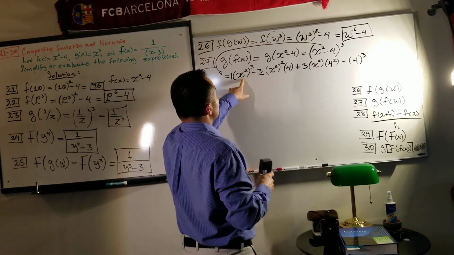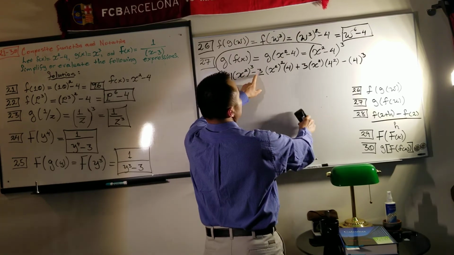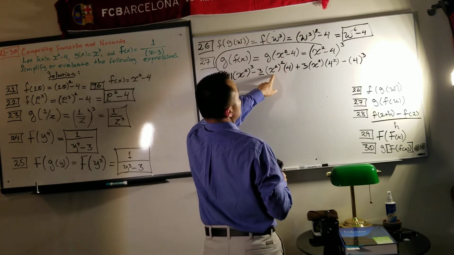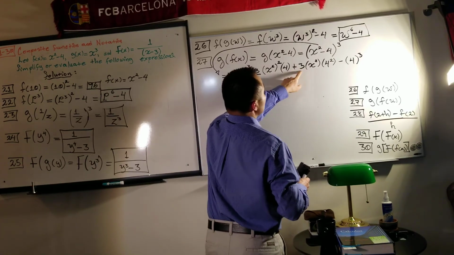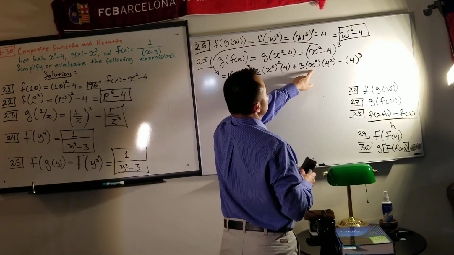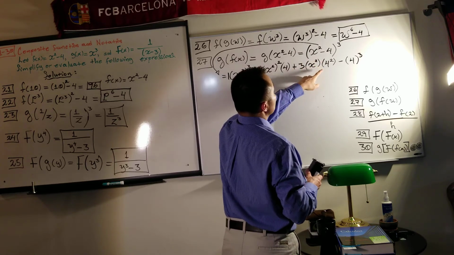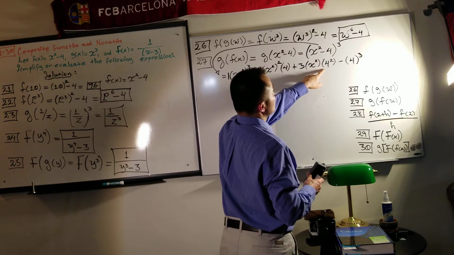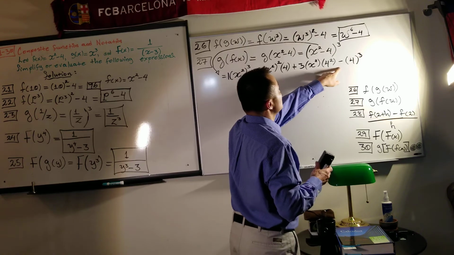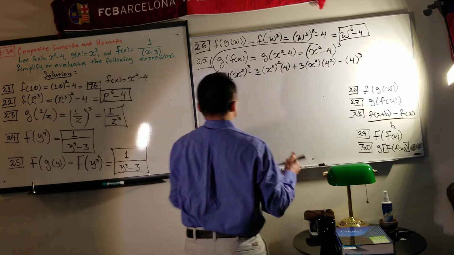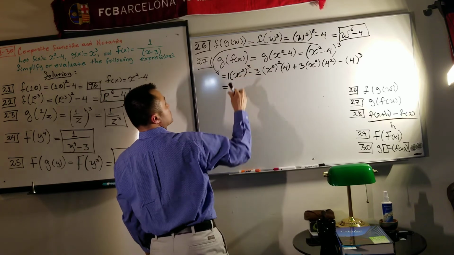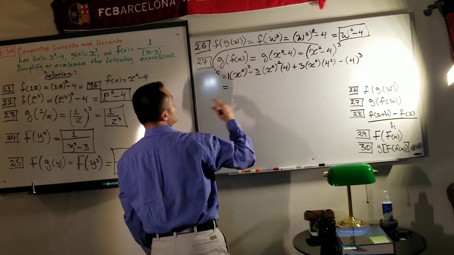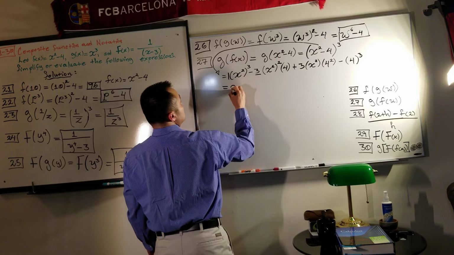The cube of the first term, minus 3 times the square of the first term times the second term, plus 3 times the first term times the square of the second term, minus the cube of the second term. Alright. And then this is going to be equal to x squared to the power of 3, which is x to the 6,